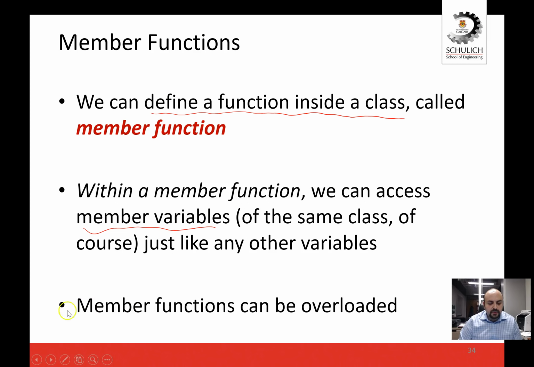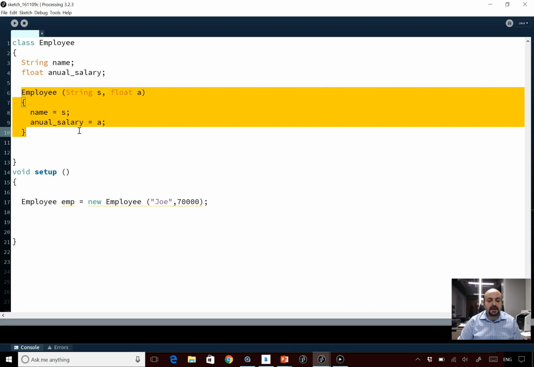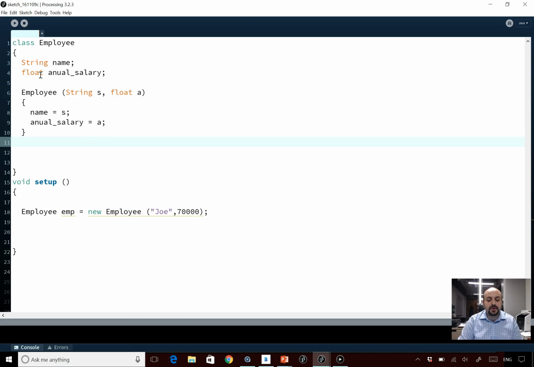So let's do another example. Consider the following class employee. We have string name and float annual salary, and we have a constructor that initializes and constructs the object. What if we wanted to write a member function that calculates monthly salary? So we have the data, we need to create operations to perform on that data, operations that would be useful. So let's say I'll say float